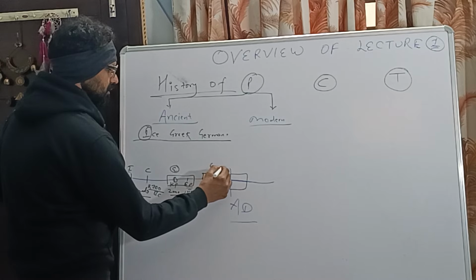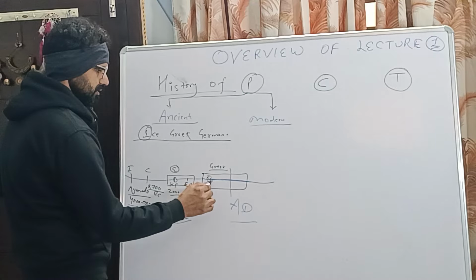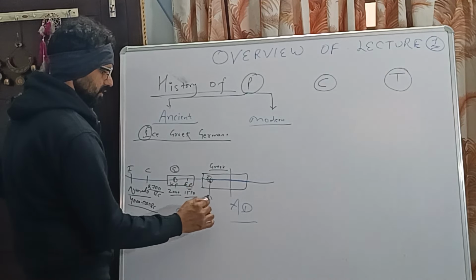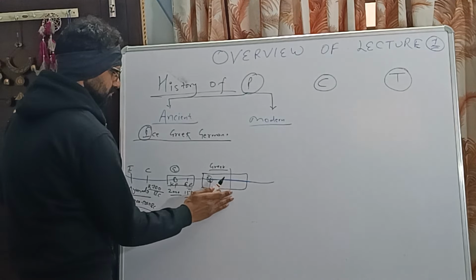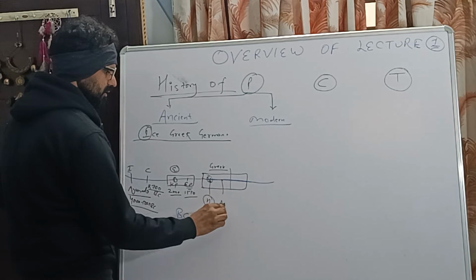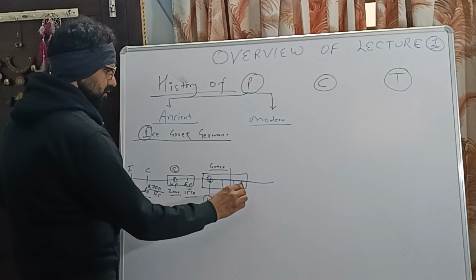Greek history. In Greek history, the first man was Hippocrates, second was Aristotle, third is Theophrastus,